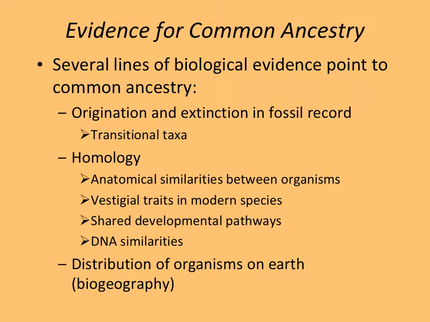Okay, then secondly, homology. This is any similarity between species or other taxa, whether it's families like the dog family or the cat family, Felidae versus Canidae, any similarities that are due to evolution from common ancestry. In other words, the taxa we're looking at had a common ancestor, and there are certain traits that they share that other groups do not share. So for example, if you have